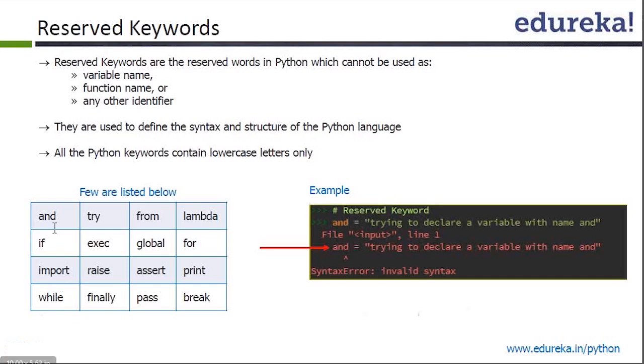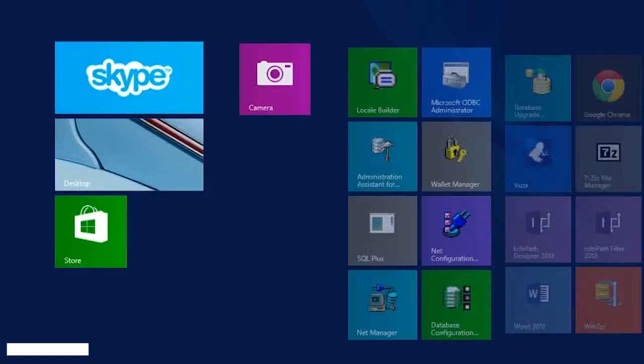Okay, so let's say, for example, and, try, from, lambda, for, global, exec, if, they are all reserved keywords, and you cannot use them as a variable. And also, one common thing that you would have noticed here is that they all start with lowercase letters only. Okay, and if you try to use a reserved keyword,